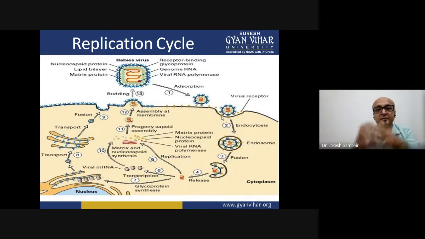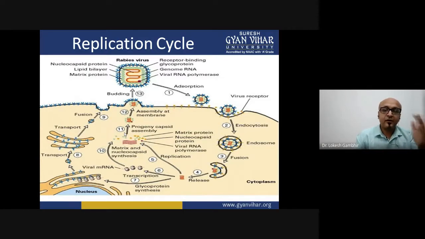The other 4 proteins will be released in the cytoplasm. In those other 4 proteins, there will be a polymerase complex, which will increase the number of the viral RNA. Once the viral RNA is increased and the protein is substantially formed, they will start packaging and assembling the viral particle.